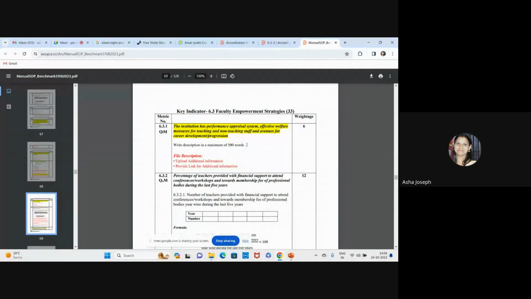So effective welfare measures. Each and every institution is supposed to have their faculty appraisal system, faculty performance system. On that, you'll be saying the API score, right? So the faculties are supposed to fill it up and submit it to the higher authorities, and the faculty appraisal will be done on the basis of the student feedback,